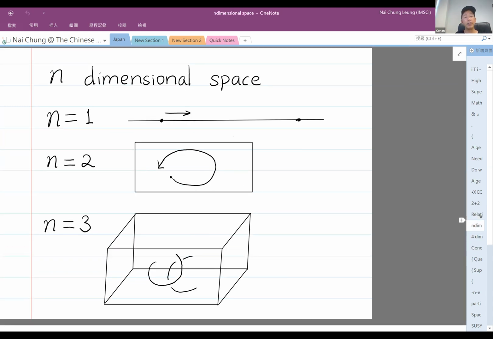Okay, so this is the n-dimensional space, just a heuristic picture. What does n dimension mean? For one-dimensional space, it just means that there's one direction you can move around. So this is like a real line. And n equal to 2 is the plane, because you get two directions, you can rotate, you can go around, and so on. And 3 dimensions, like our space now, is a box. Then you can have knots and all this more complicated structure that are involved in 3-dimensional space.